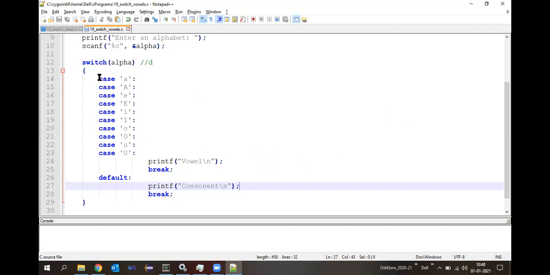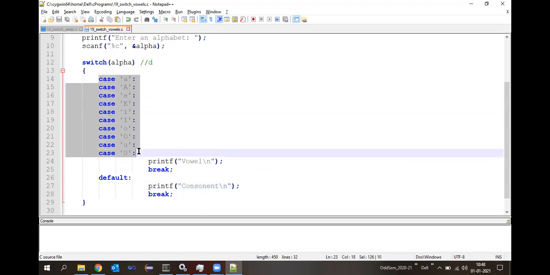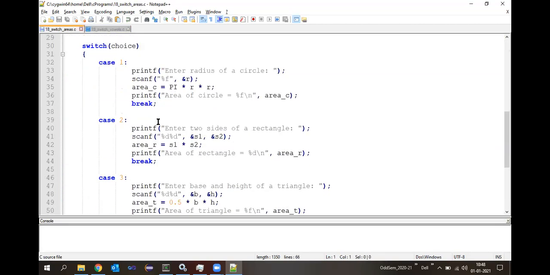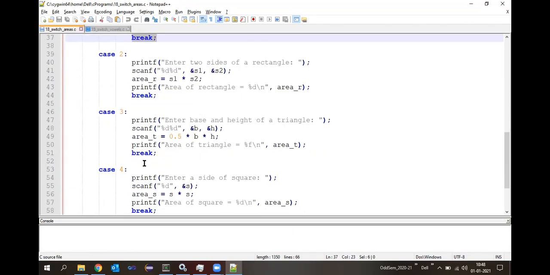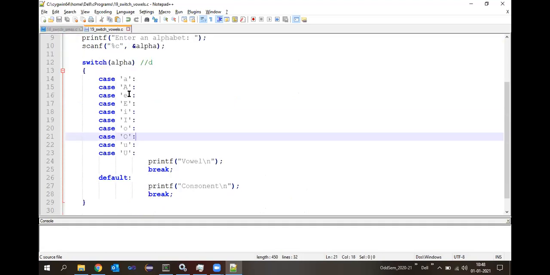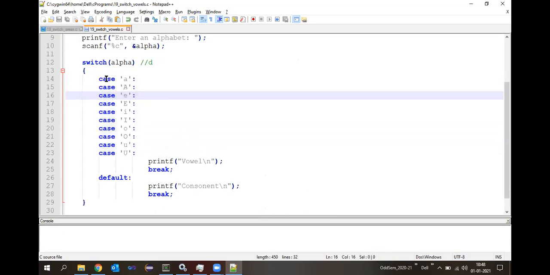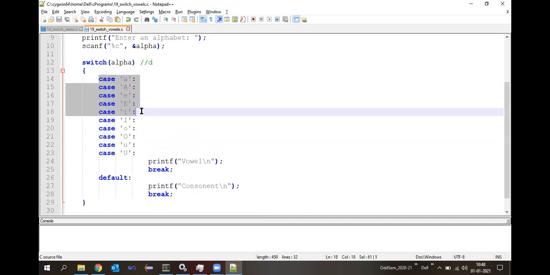Now you may find that this particular program is different from the other switch case statements which we had written earlier. In all the previous programs, for each of the cases we had the break statement at the end of each case block. But here we don't have any break statement for each of these cases, because the statements that we want to execute for each of these cases are the same.